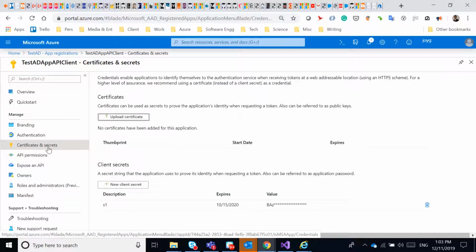The certificates and secrets have a role here, because this is a client application registration. An application registration should have the client secret or the certificate. This will be used for obtaining the JWT token. So only the client application needs to have this secret. Ideally, the certificate is a better way, but for ease of testing, we can use a secret. As you can see, the secret here will be expiring in 2020. This value will be displayed only one time, and we have to copy it somewhere else.